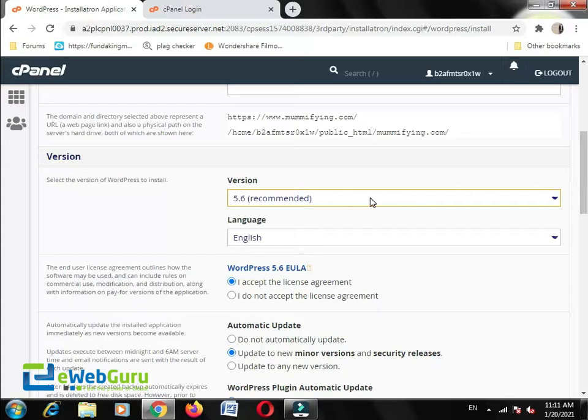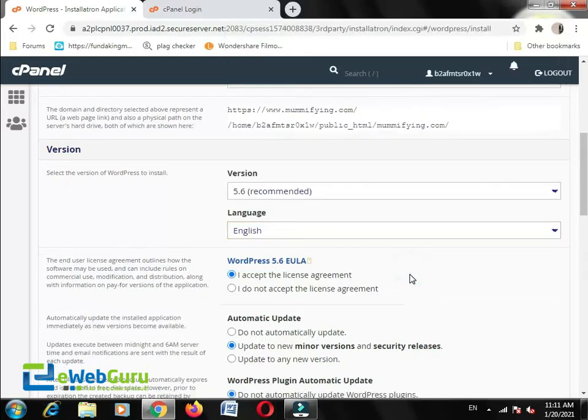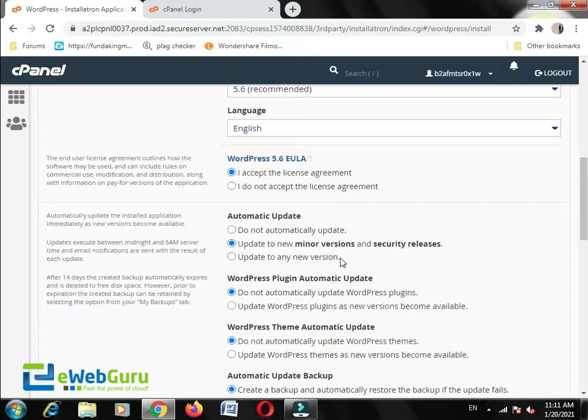Here you can select the WordPress version. I am selecting the latest one, that is 5.6. Here you can select your language. In this option you can automate your updates.